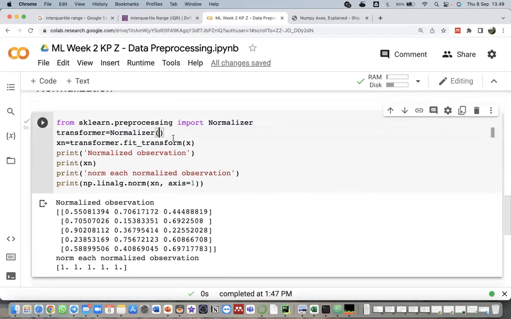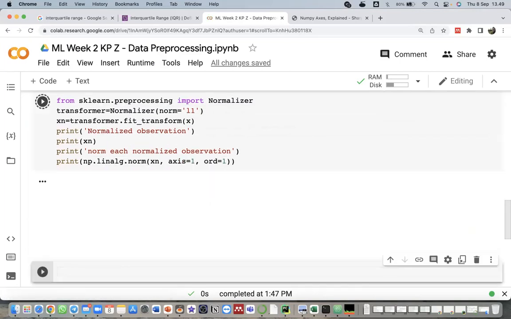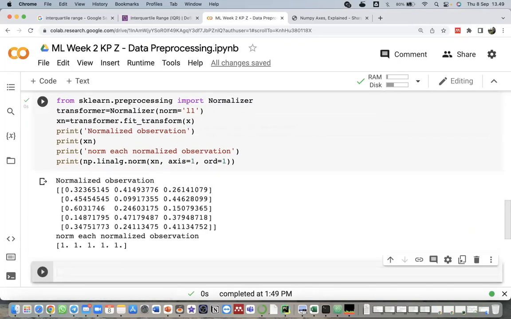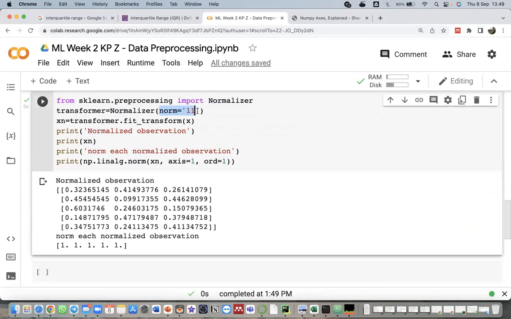Then if I give the norm argument here, I will set the norm value to L1. What will happen? This will calculate the normalization using the L1 norm. Remember the default is the L2 norm, but we can change the argument to norm equal L1. The normalized observation also results in 1, because we change the order to 1.